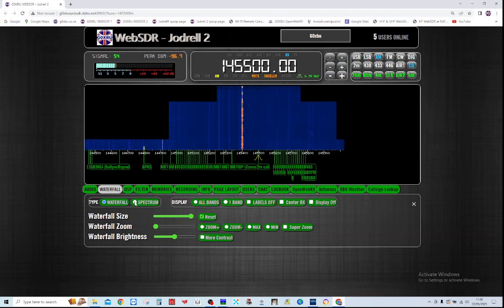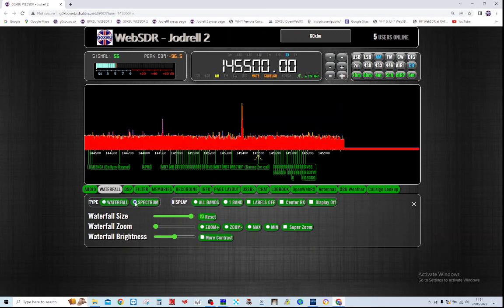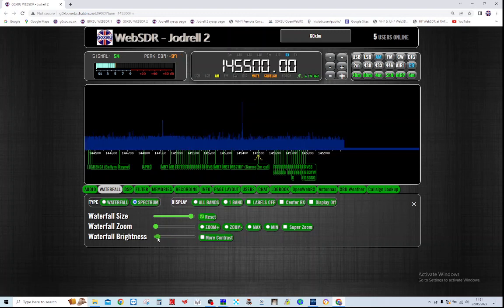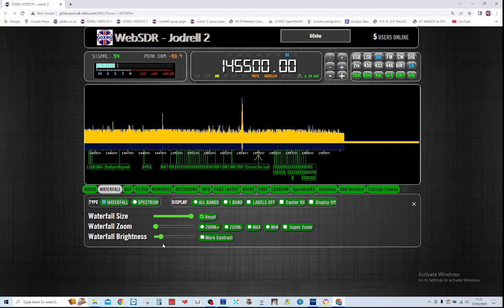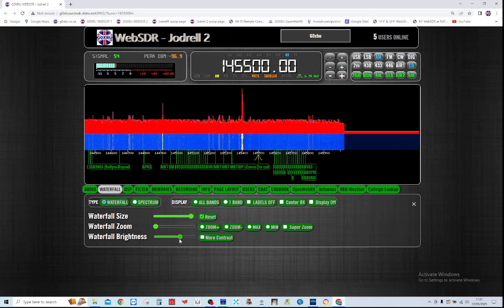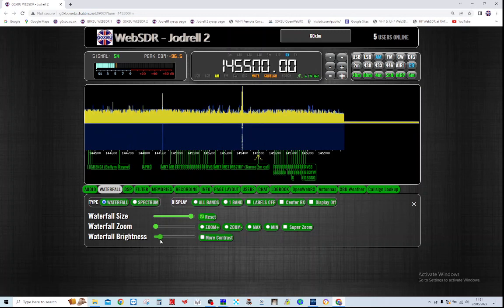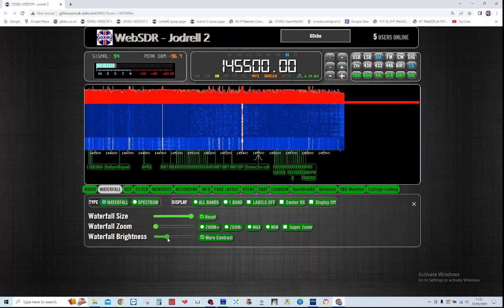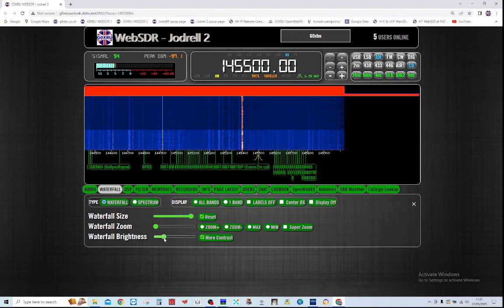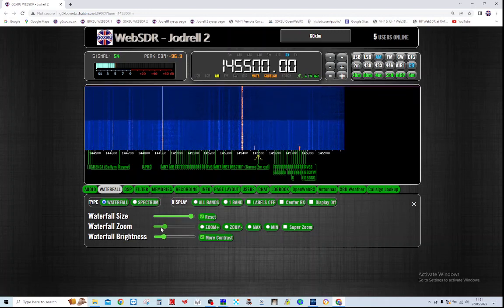You can change it to a spectrum readout if you want. It should be red, I think, now. And then I can change the color of that by moving this waterfall brightness on the spectrum. That changes the color of it. On the waterfall, that actually changes the brightness of it, which is good because it can bring out signals or remove signals. So that's good. You can add more contrast in there if you want to sort of show weaker signals. We can adjust the zoom level,